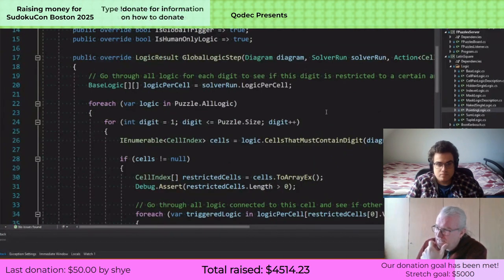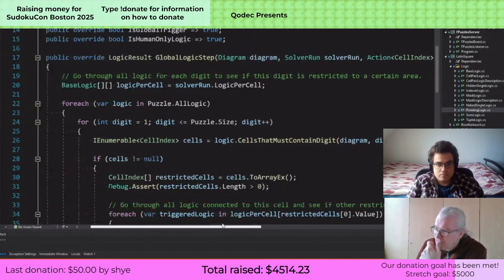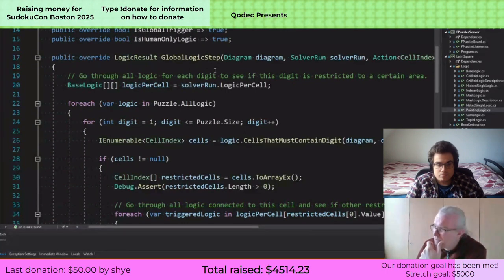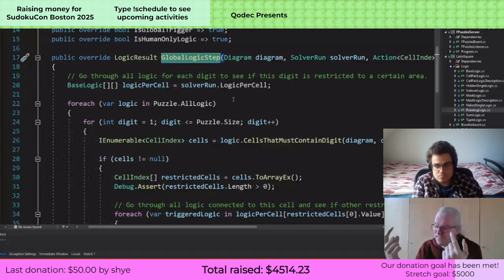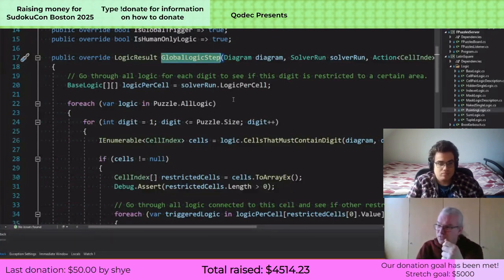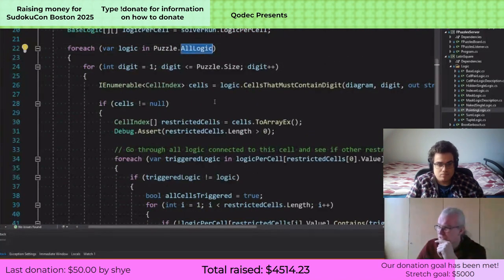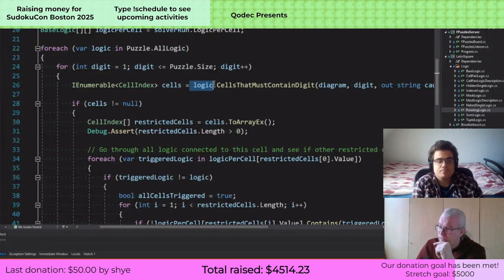So this dives right into the code. This is a global logic step, which means that it gets executed only once around, pretty much. It goes through all the clues and thinks about whether there are any deductions it can make, and then if there's any change after it went through all the clues, it does globals, and this is one of them. What this does is it goes through all the logic of the puzzle, and it asks every little piece of logic